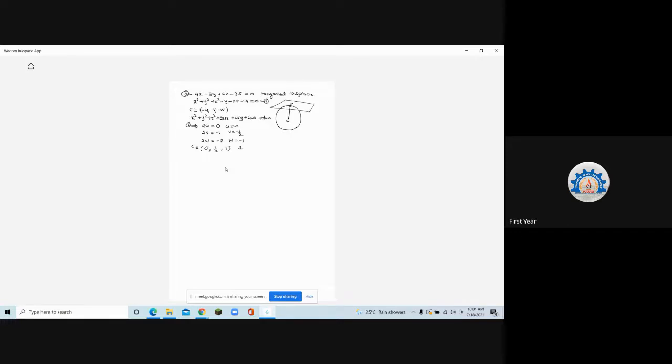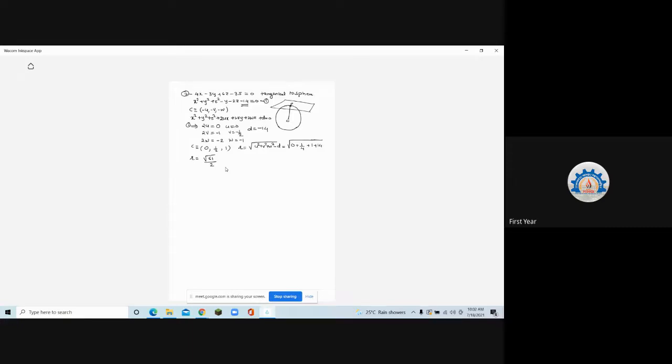And what about radius? Radius is root of u square plus v square plus w square minus d. So what is d? The constant term of the sphere. What is it? -14. So put that and get the value of r. u is 0, v is half, so 1 by 4, plus w is 1, so 1 square is 1, and minus d, that is minus of minus 14, plus 14. So therefore r will become 15 into 4, 60. 60 plus 1 is 61. So r is root of 61 by 4, which will come outside as 2.